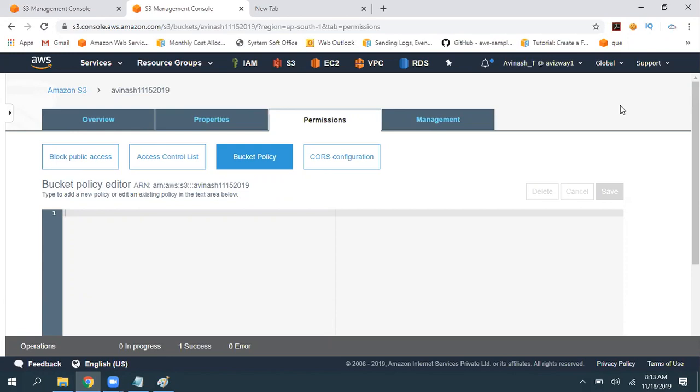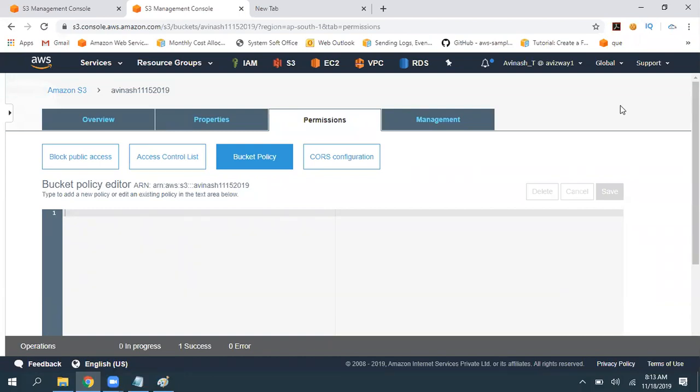I want to restrict only the upload option on one particular bucket. Remaining, I'm okay to perform anything. In that case, it is difficult to manage such permissions at the IAM level. So what you can do is create a policy at the resource level and apply it here. At the resource level, I'm going to create a bucket policy and apply it on this bucket.